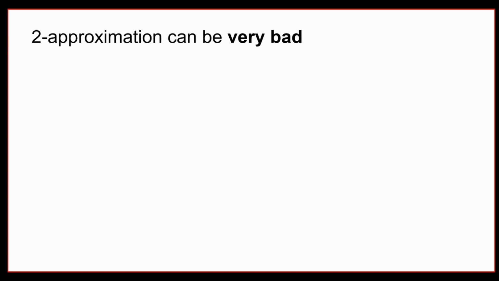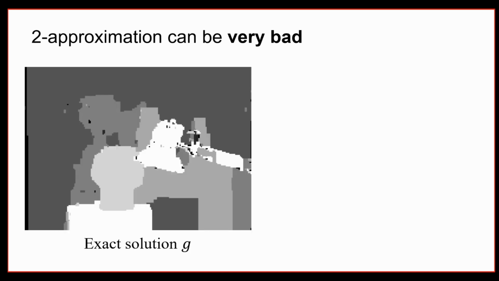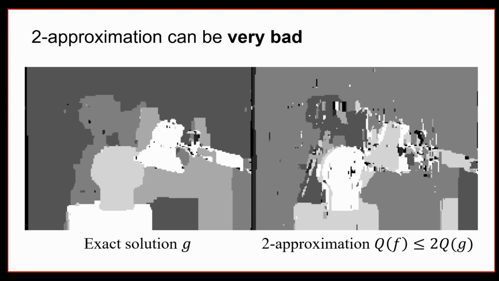It turns out for that particular optimization problem, the algorithms which we have are two approximation algorithms. And if you directly use those algorithms, and let's say this is the exact solution G. What this exact solution is saying is that once you have those assigned 1 to k values, you're representing them here as grayscale images. So that gives you this corresponding image. And let's say this is the optimal solution for your optimization problem. Then a possible two approximation can be this solution. And this solution, if you look at the Hamming error, it can be greater than 99%.